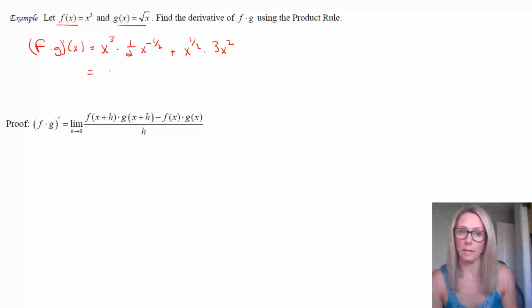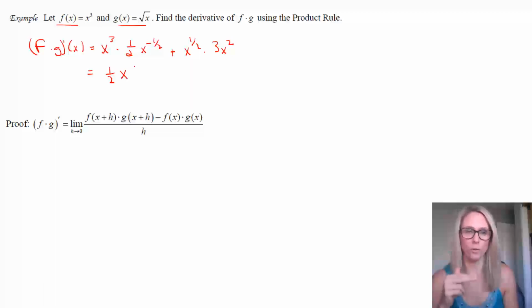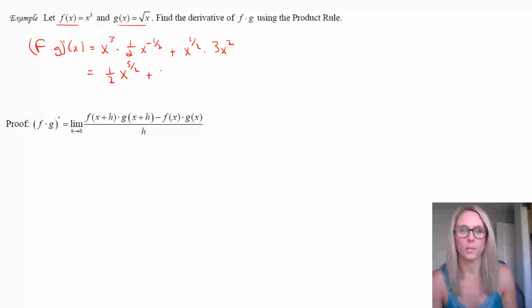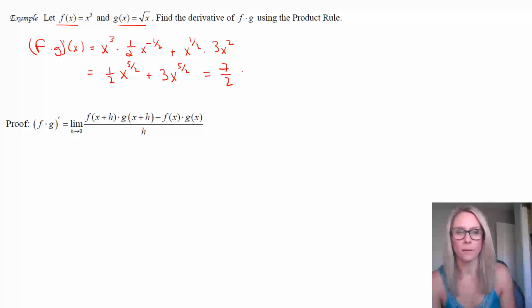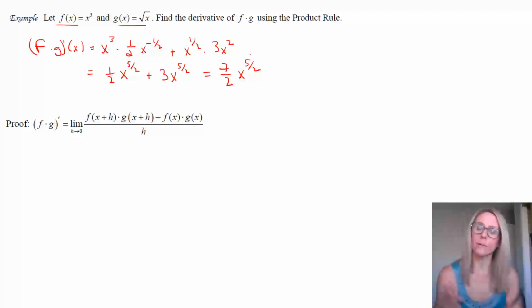So in this case, you're going to see 1/2 x to the 6/2 plus -1/2. And so that's going to be 5/2 plus, as you can see, 3 to the 4/2 plus 1/2 on the x as the exponent on the x. So it's going to be another 5/2. So what you should notice is that this is 3.5 or 7/2 x to the 5/2, which is what we got the first thing that we did when we were starting this piece.